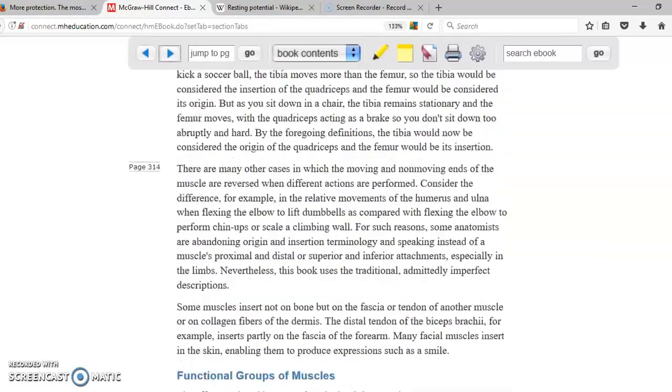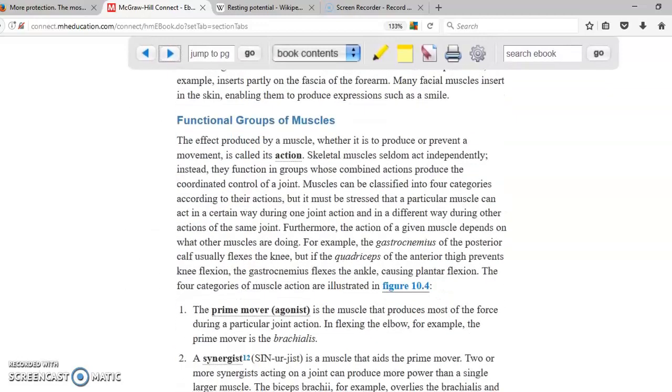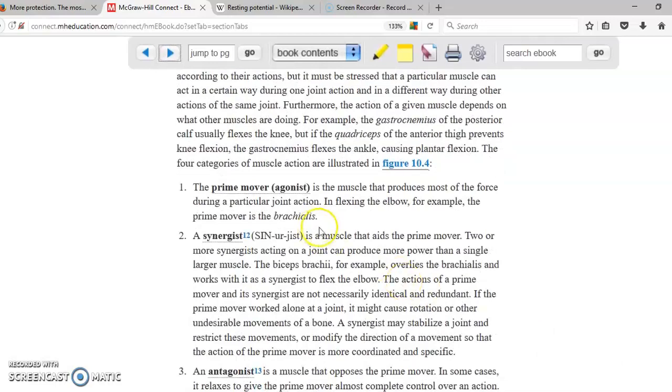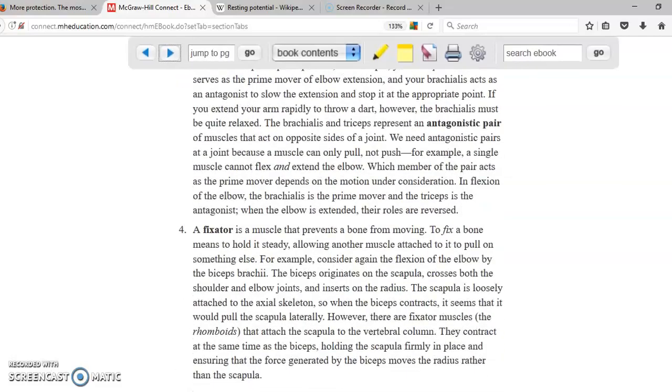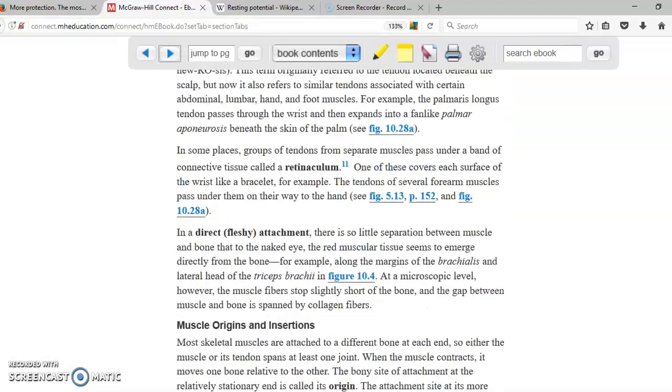Here, insertion and origin, we already talked about it. Functional groups, depending on the action, we said prime mover, synergist, antagonist, we already talked about that. I already explained that to you. Fixator is a set of muscles that are going to help you maintain the muscles in place when you are